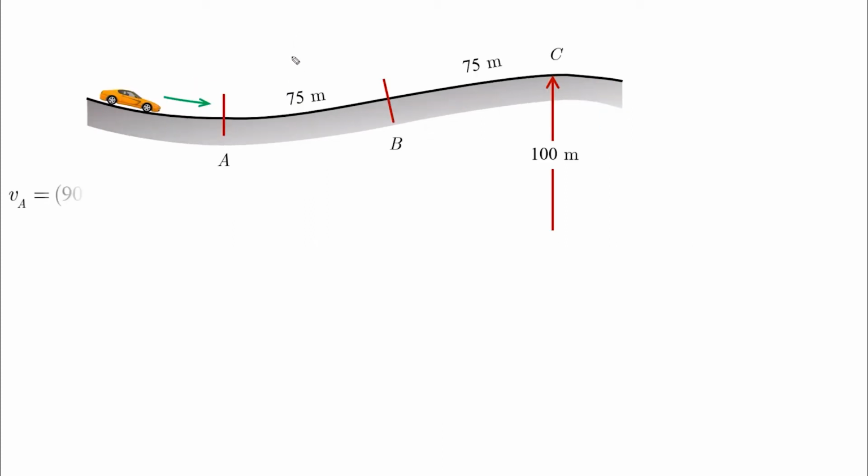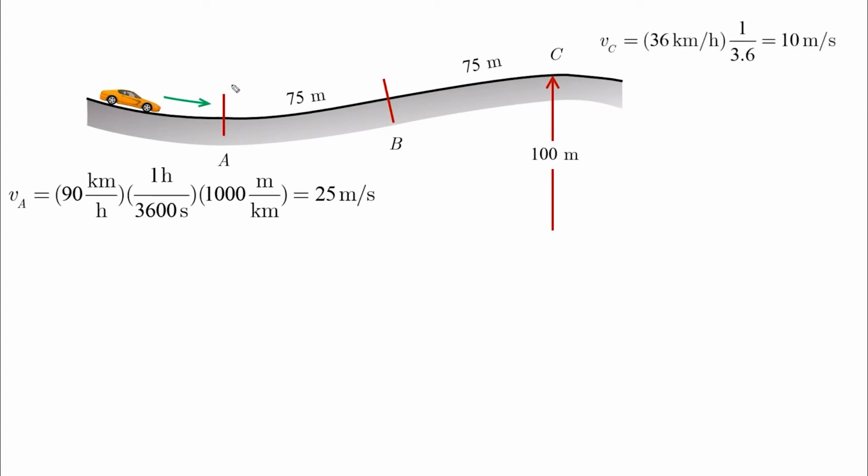Okay, so what is given in the problem so far? The velocity of A, which needs to be converted to meters per second, so we multiply it by 1000 and divide by 3600, or basically divide by 3.6 as we do here for VC. Now, the radius of curvature at A can only be found if the normal acceleration at A is known. And since VA is given, our goal is to find AN at point A so that we can solve for